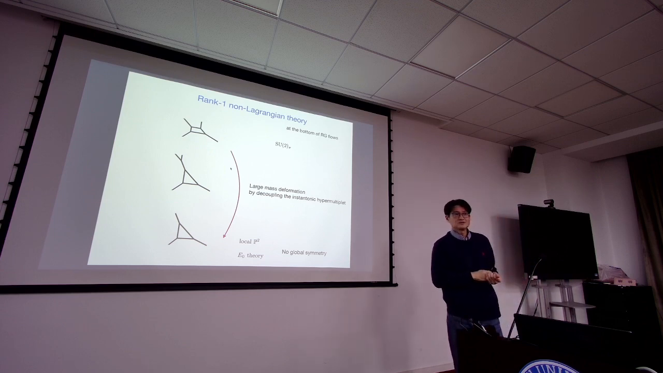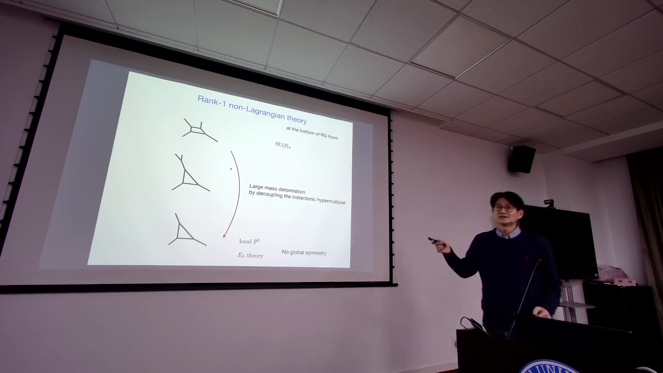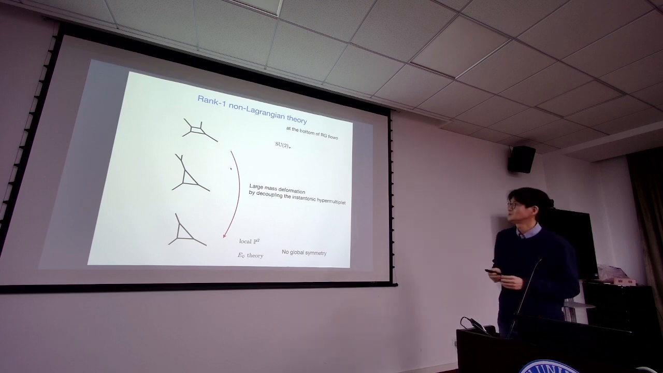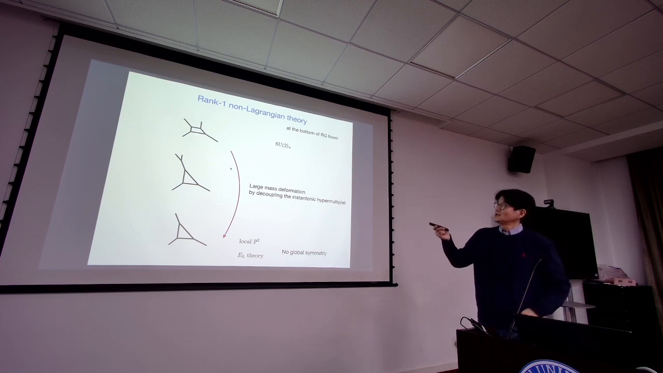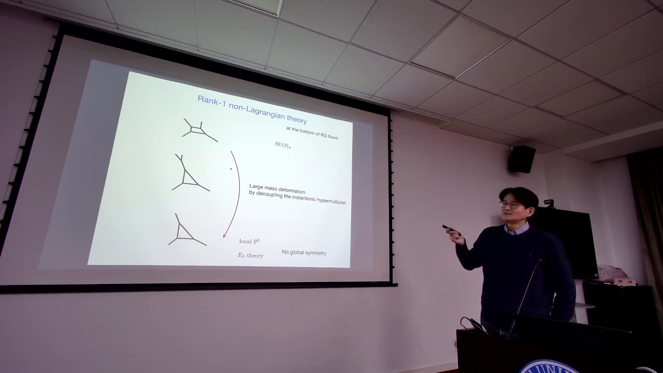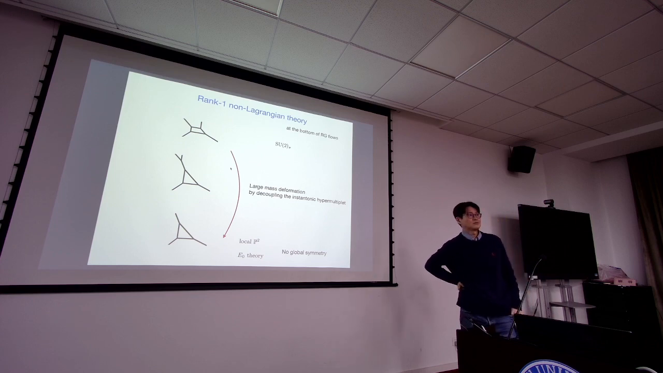in 5 dimensions. Instantons are particles in 5 dimensions, so they can be considered as hypermultiplets. So usually I refer to the instanton hypermultiplet. So in the large mass deformation, we can decouple this instanton hypermultiplet, or in the geometric language, this theory can be obtained from M theory compactified by